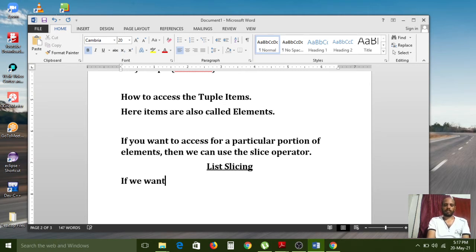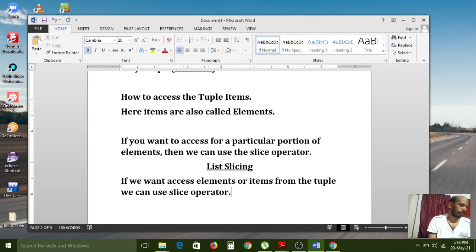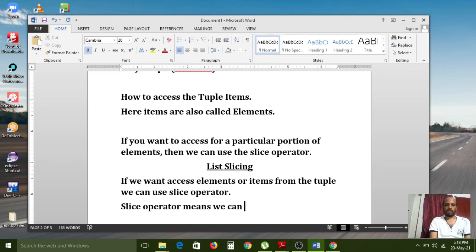If we want to access elements or items from the tuple, we can use the slice operator. Slice operator means we can use syntax like this.